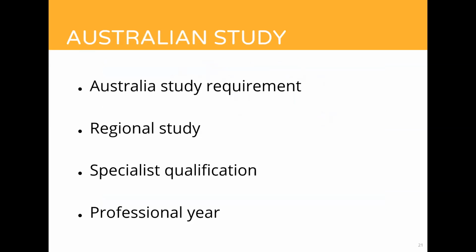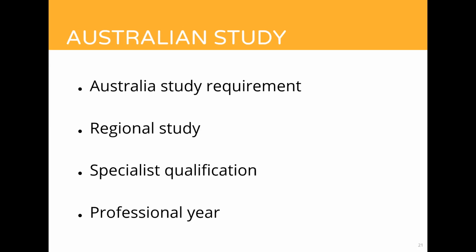Now, as I mentioned earlier, there's some benefits for being in Australia. So there are various points available for having completed different types of study in Australia. The first is the Australian study requirement, which anyone who has or intends to apply for a 485 visa may be familiar with. This is where you've completed one or more Australian qualifications, which are registered under CRICOS for a minimum of 92 weeks, and you have spent at least 16 months in Australia studying those courses.